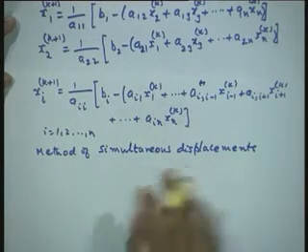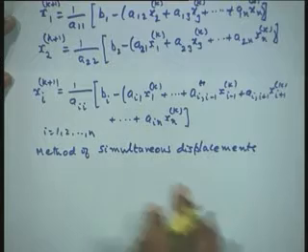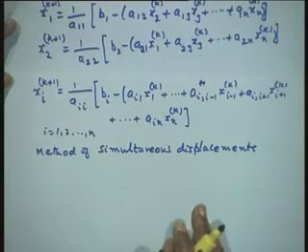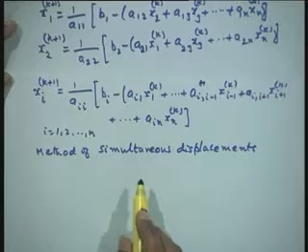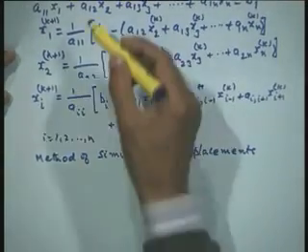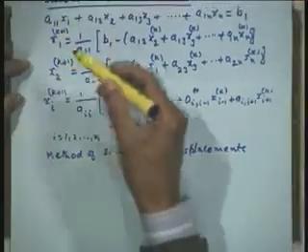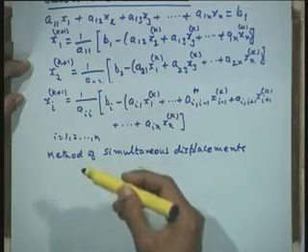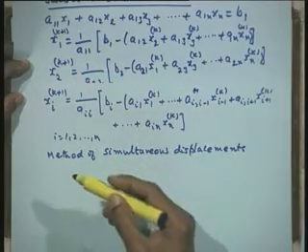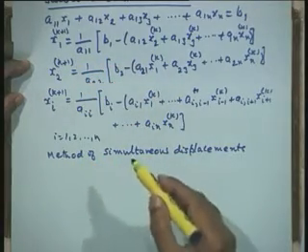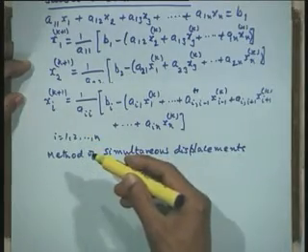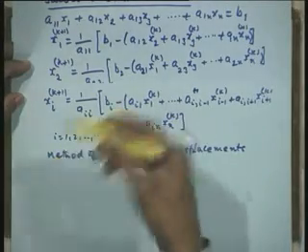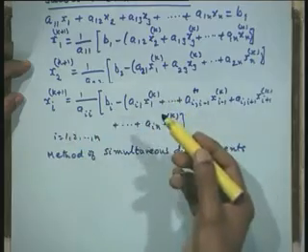Because some books do use this word simultaneous displacement in place of the Jacobi iteration method. Now, an important thing to note here is that these equations are being solved: first equation for first variable, second equation for second variable and so on, nth equation for nth variable. Therefore, the convergence property of this would depend on the order in which you are solving. If you interchange an equation, the properties are going to change.